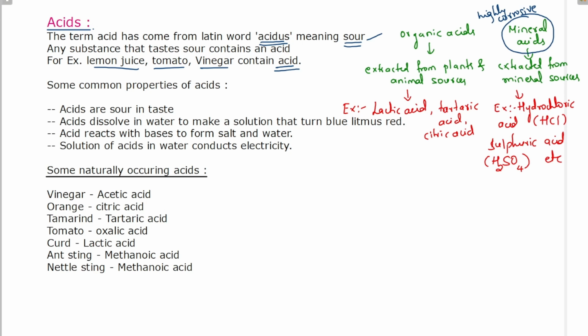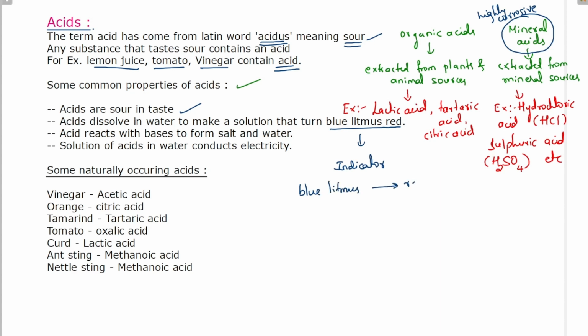Then, let's revise some of the common properties of acids here. Acids are sour in taste, and acids dissolve in water to make a solution that turns blue litmus to red color. Litmus is nothing but an indicator which is used to test the presence of acid or base. As you have already learned, blue litmus